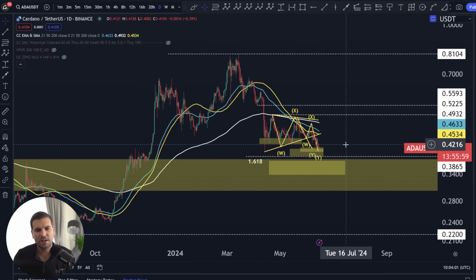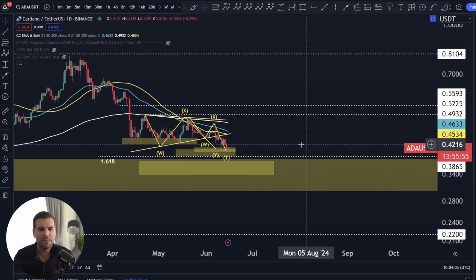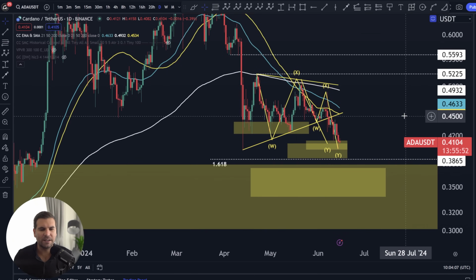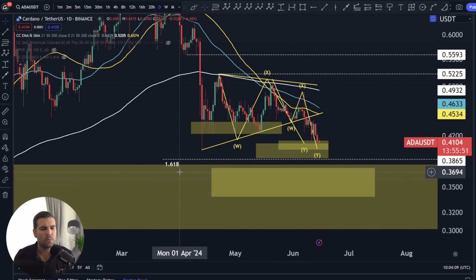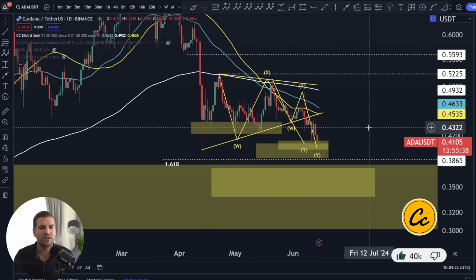So when we take a look at Cardano here, we can see that this is a great ranging market that we've finally broken down from, and we will be looking at moving down a little bit more. Anything lower than 1.618 that I've marked up on this chart right here at 38.65 will be seen as a more bearish movement. And that particular bearish structure could be a diagonal ending pattern